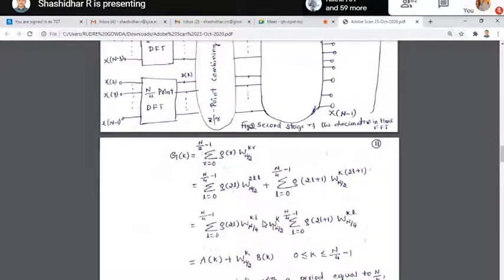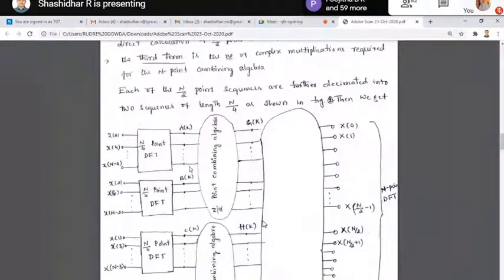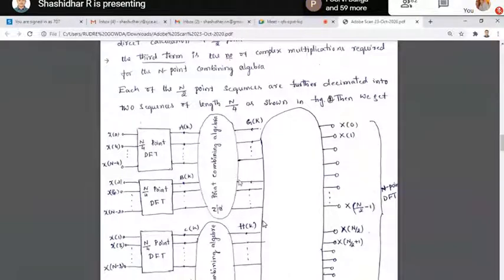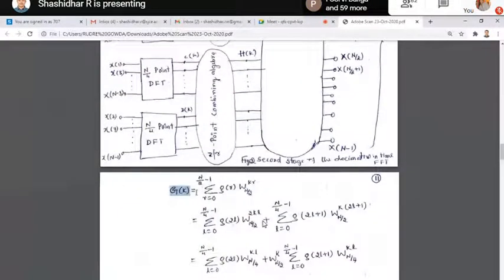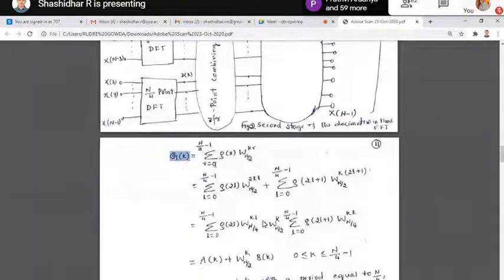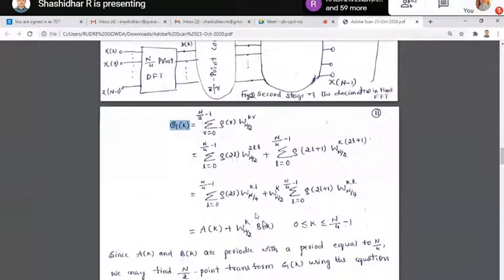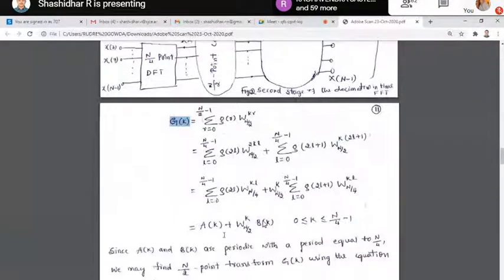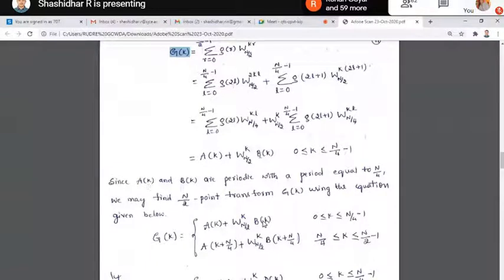So how do we write this equation? We call these A of k and B of k. This is only for the even sequence: G of k is divided into two. The same is used for H of k, and if you follow the same procedure for H of k, you get the values C of k and D of k. Since A of k and B of k are periodic with period equal to N/4,